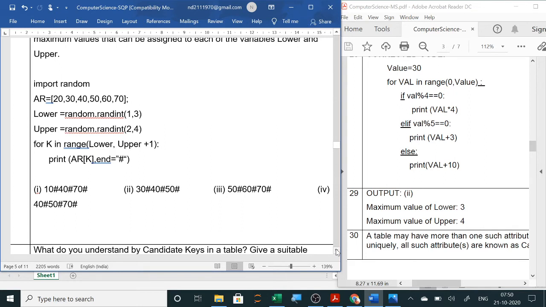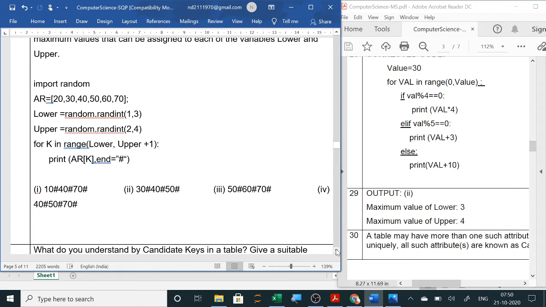Then the next value will be after 30 you will have, and the upper limit is 4 plus 1, that is 5, that is still 4. 0, 1, 2, 3, 4, that is 60. So after 60 it will not print. Clear? So if the last value is 70, then it is wrong. So only 2 is the correct answer. You can see all the 3 are having last value as 70. So it is wrong. So the 2 is the correct answer. So answer is correct here.